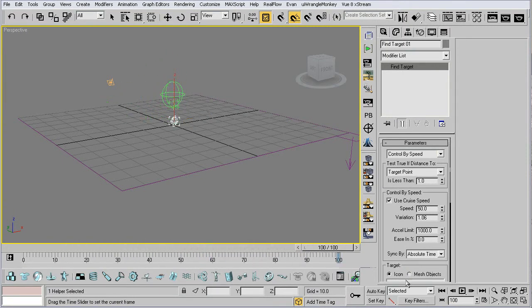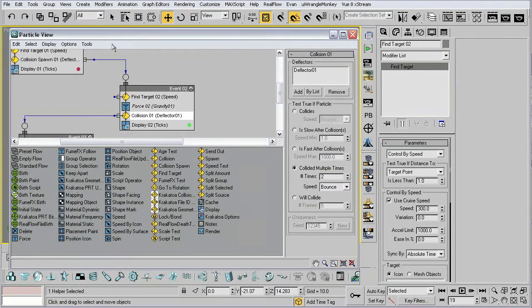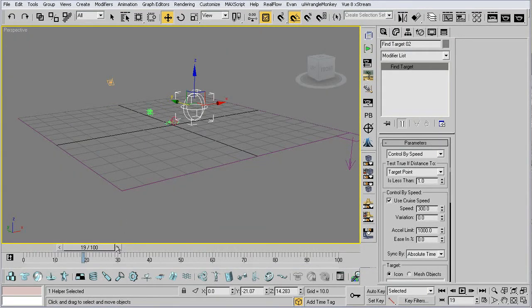So now they'll kind of bounce a little bit and then delete. I'll bring this down and over. We want a higher effect on our gravity at this point, especially in that event particularly. So what I'm going to do is change this. Let's put that back to full influence, 1000. Again, see, now we kind of get this